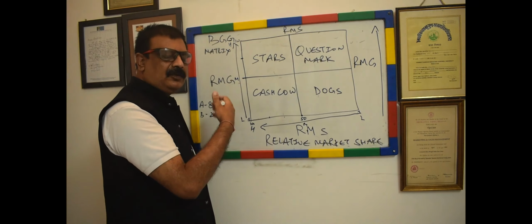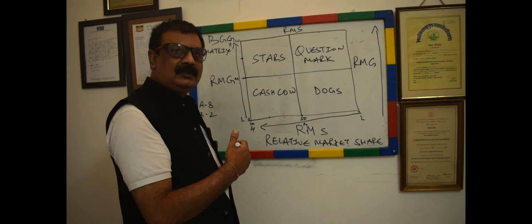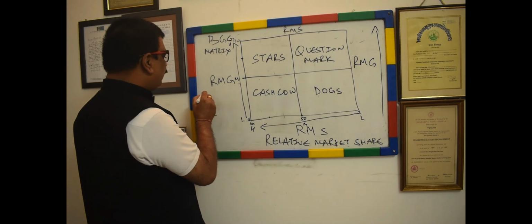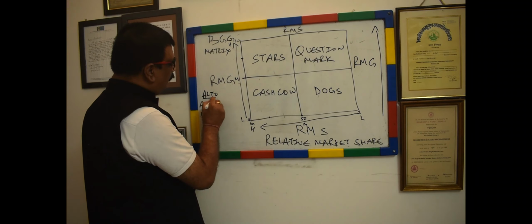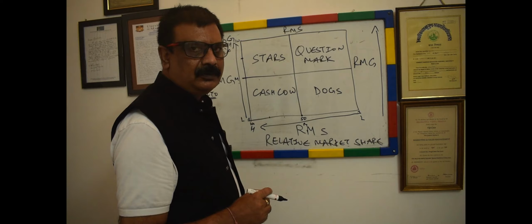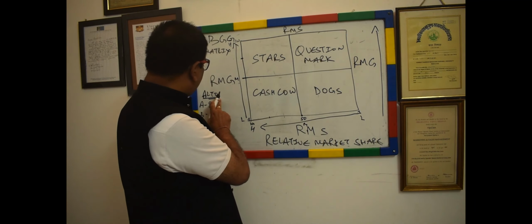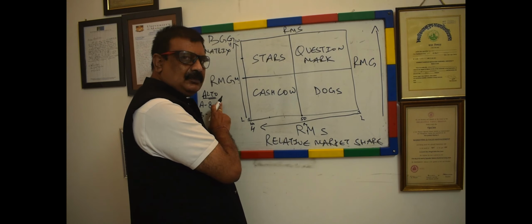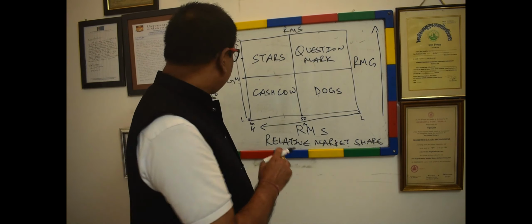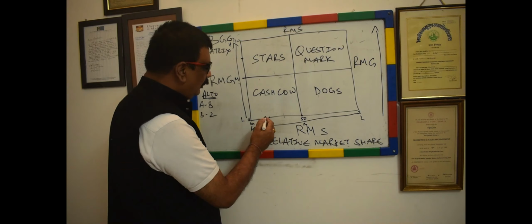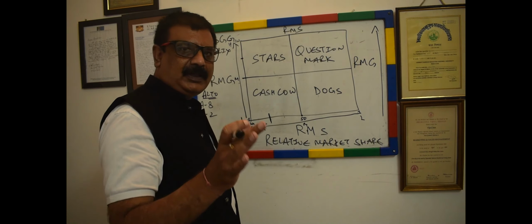The market growth for Alto is more, keeping in consideration that the market is growing. So if we take an example of Alto, and we want to know what the BCG matrix says about Alto, and what Maruti Suzuki is looking at. What Suzuki is saying is that around 7 or 8 cars sold in the category under 3 or 4 lakh are Alto.